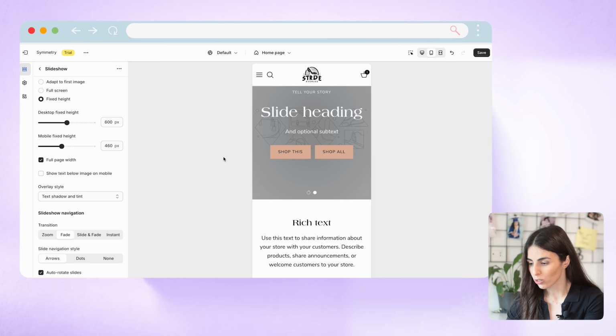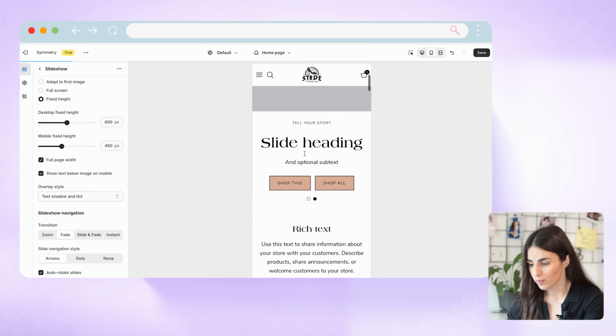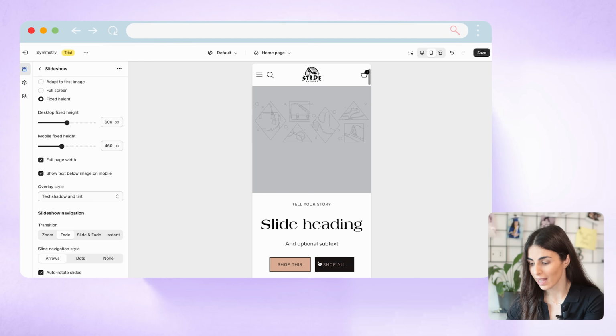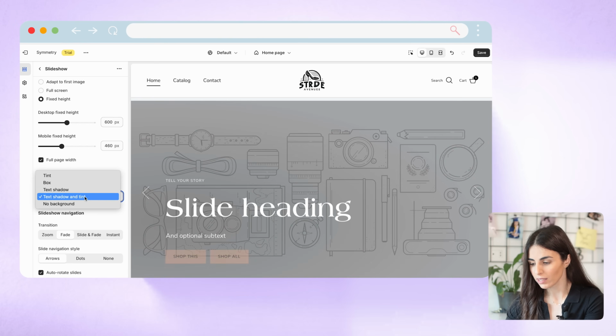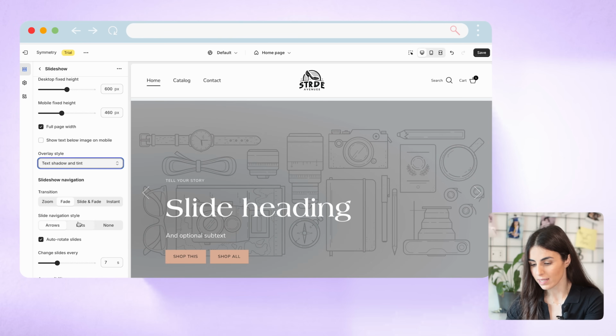I can decide that on mobile, I want the text to be below the images, and this way I make sure that it's legible. I'm gonna remove it for now. Let's see how it's gonna look. Then I have the overlay style, so if I want the text to have shadow, if not, I can change it from here. Then we have the transition between one slide to another,